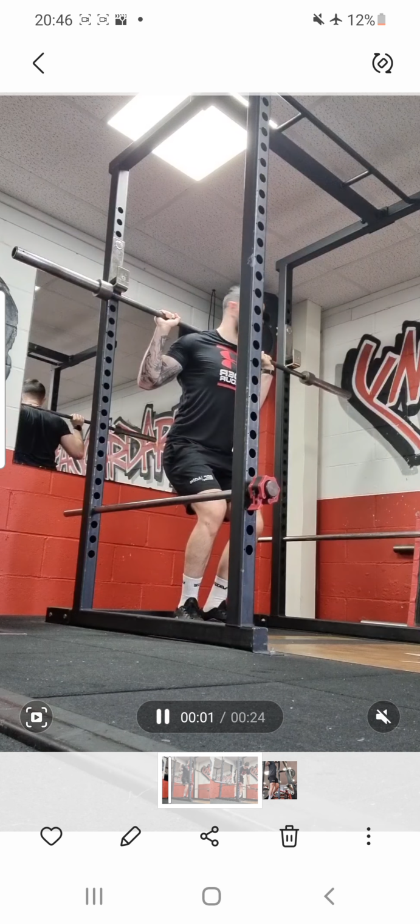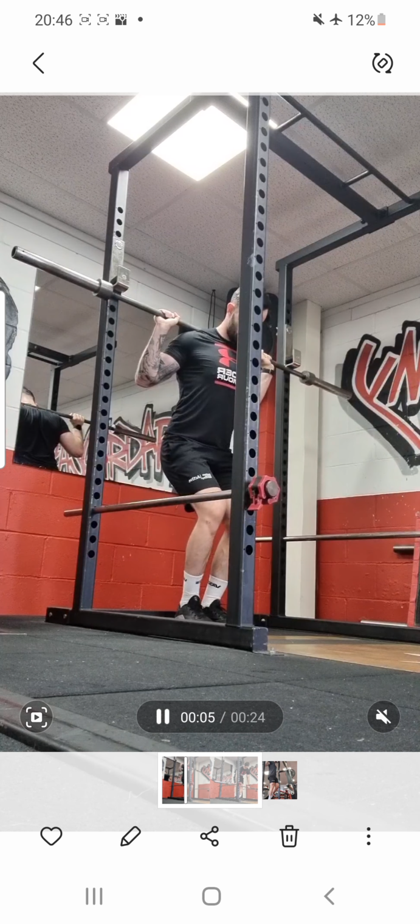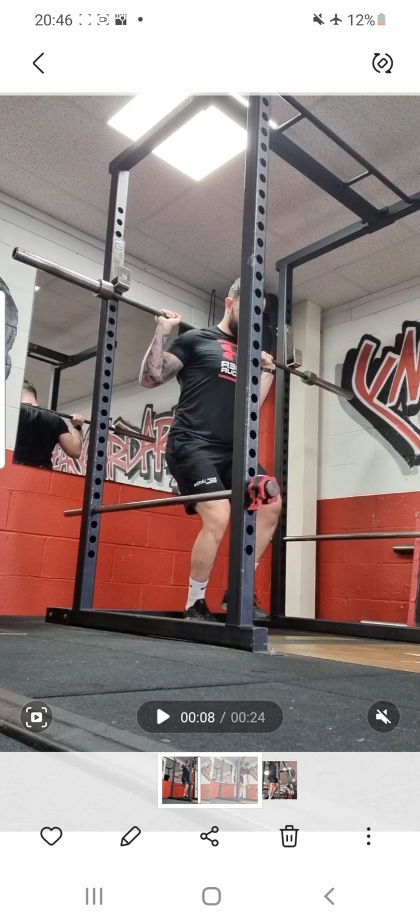But once you've got that, you can see those positions I was speaking about before, and this is probably a better example actually of what kind of position we would want. So shoulder is over hip, is over foot, and we've got a little bit more of a knee bend, which is probably a lot better of a position actually. So we need to try and replicate this as much as possible. Ideally,